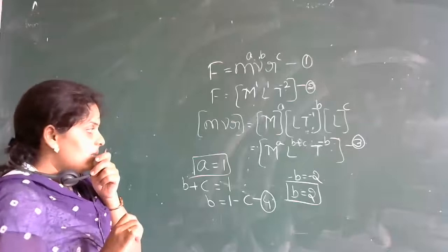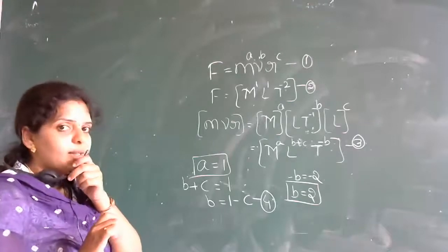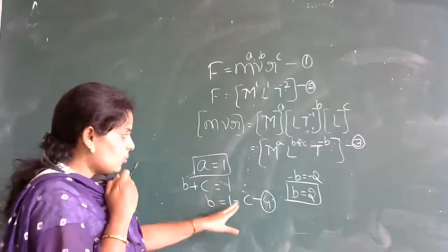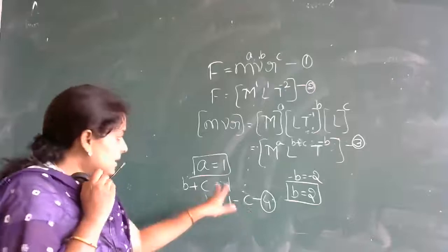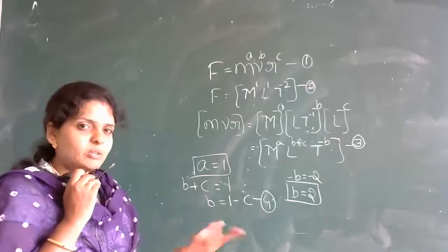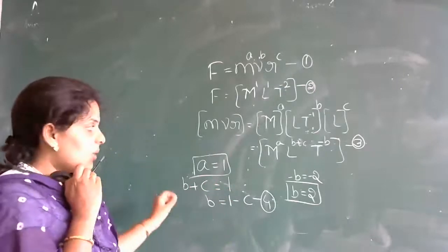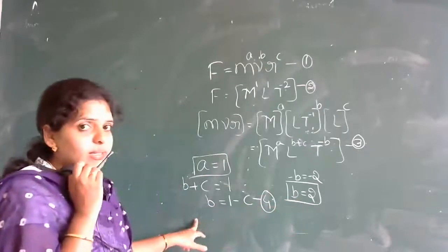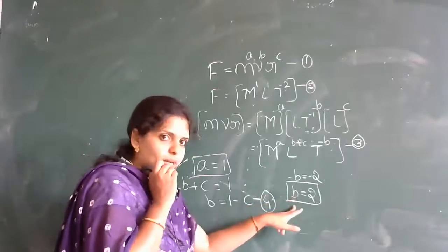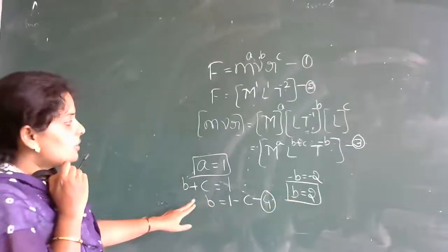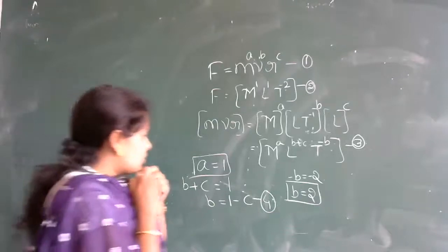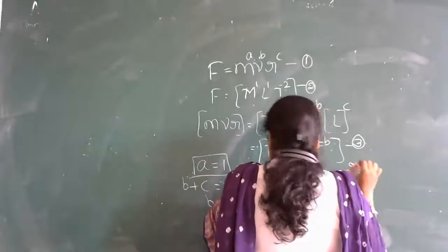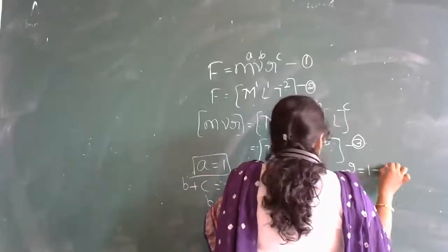Now you see what is the value of C. How to calculate the value of C? Here instead of writing B is equal to 1 minus C, you can also write it as C is equal to 1 minus B. कैसे भी करो same ही answer आएगा आपको. Okay, so I'll just substitute the value of B in equation 4. Listen carefully. If I substitute the value of B in equation 4, what am I going to get? So B is 2 is equal to 1 minus C.